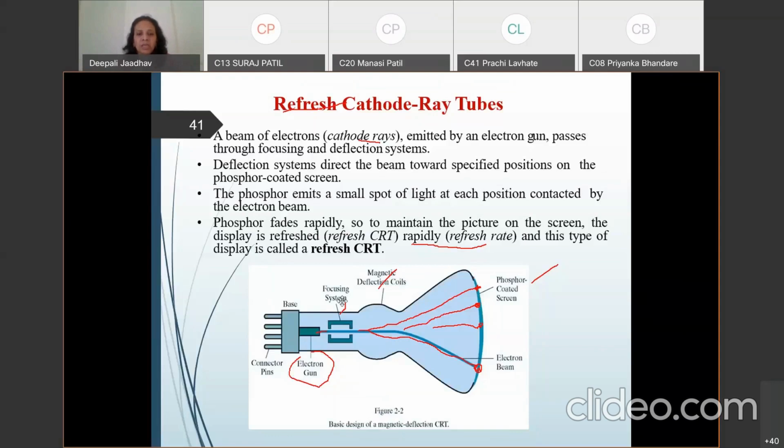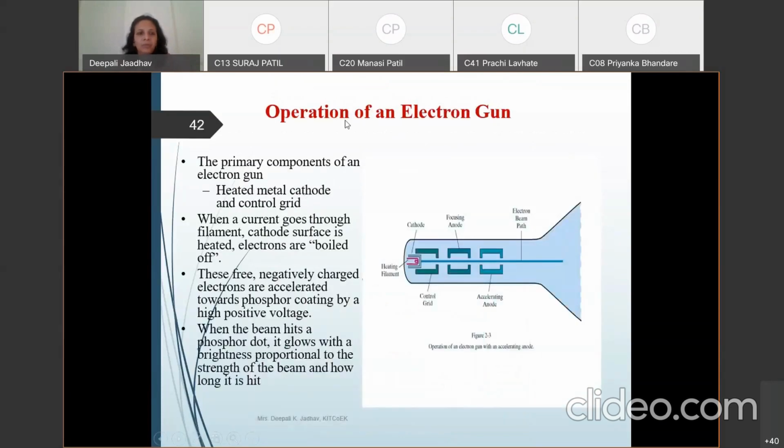Now we are going to see in detail the working of this focusing system, magnetic deflection coils, and all these. Here you can see the primary component of an electron gun.